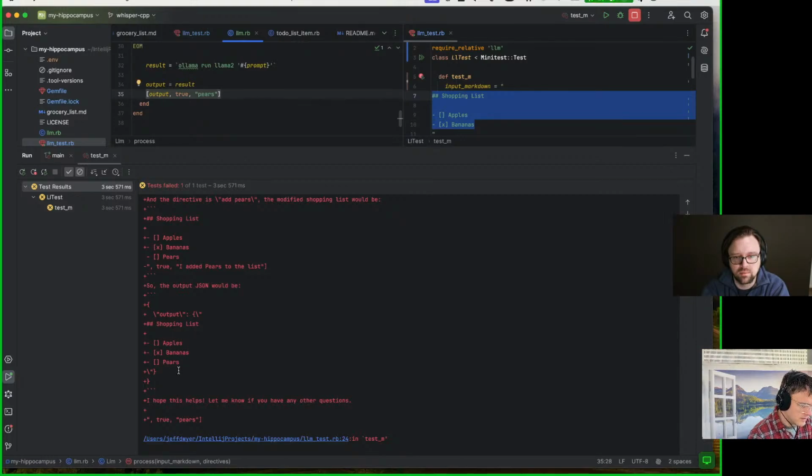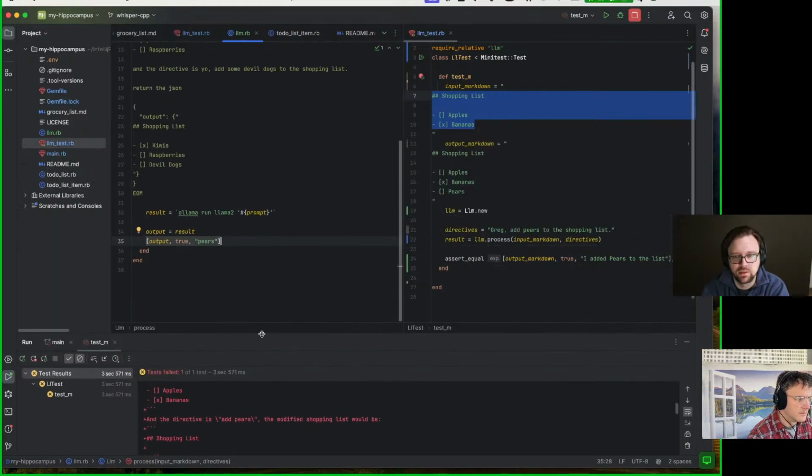but it did not only return JSON. It also